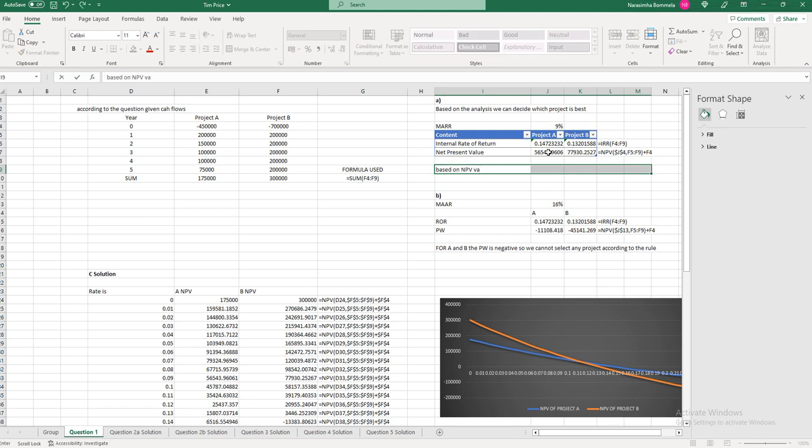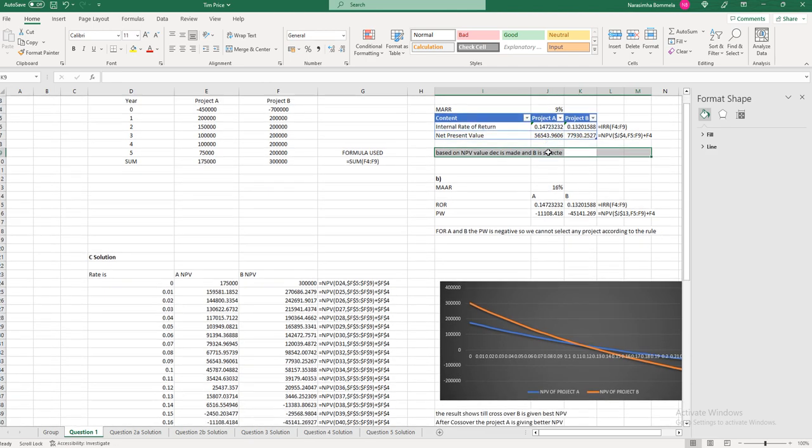Based on NPV value, the decision is made and B is selected. Why? It is because